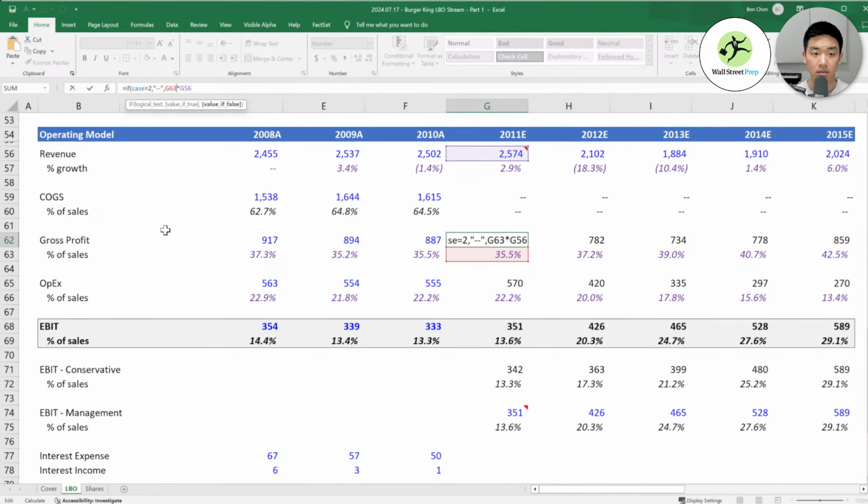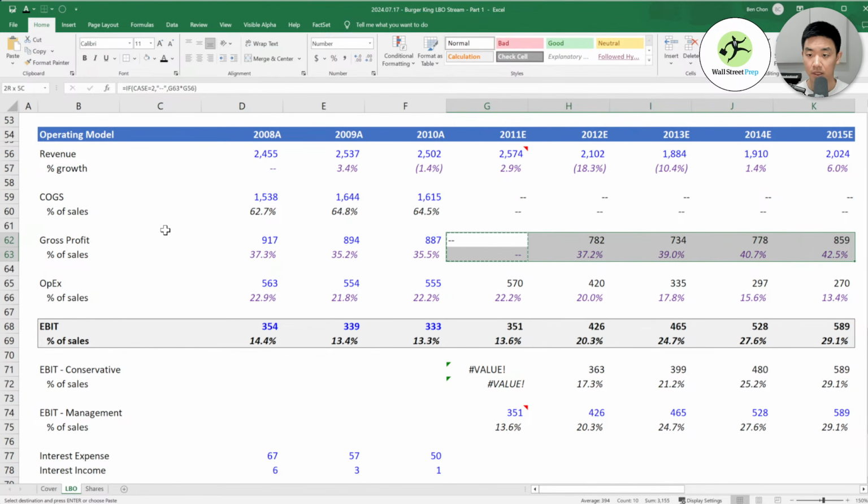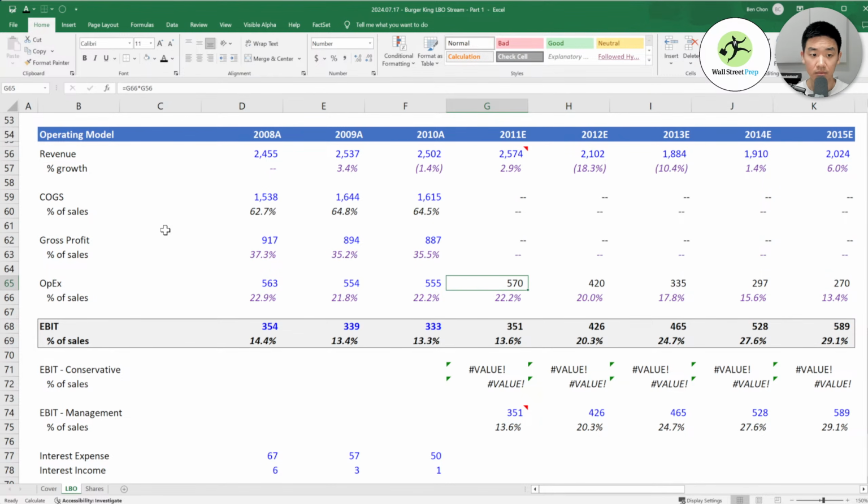Actually, I can copy this. In this one, if case equals 2, show nothing. And I'm using Alt, copy pasting the formula across. Same with this one.